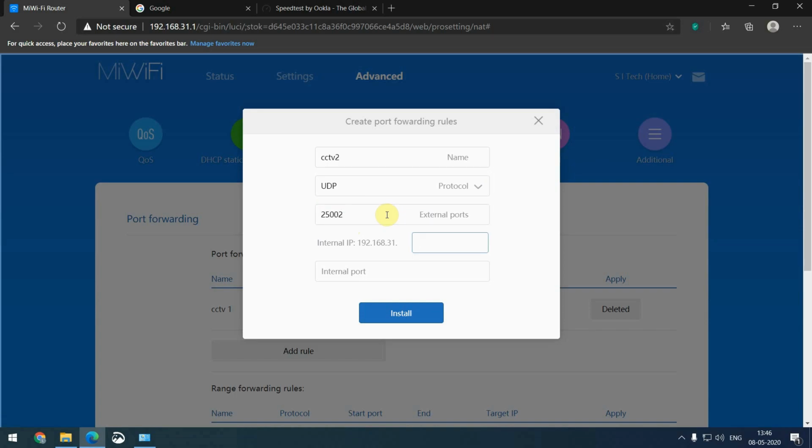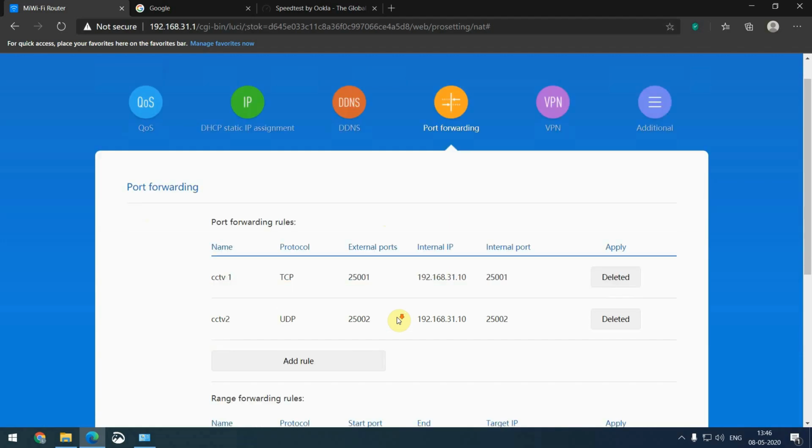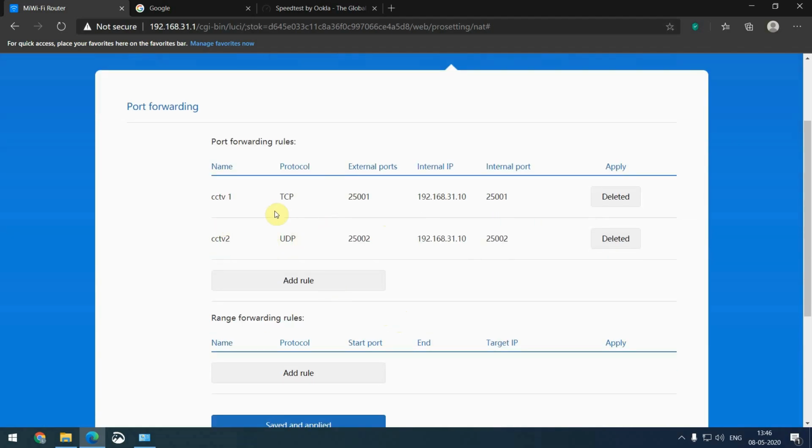And I also need another, UDP port. So now I'm adding the UDP port. 25002 is the port number that is required, with the same IP address of the DVR.